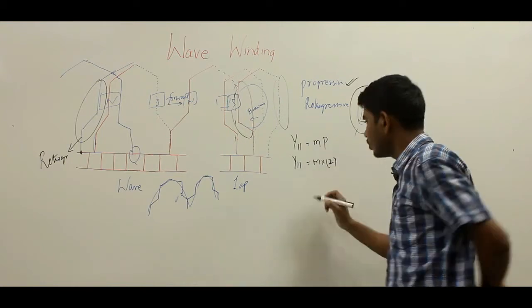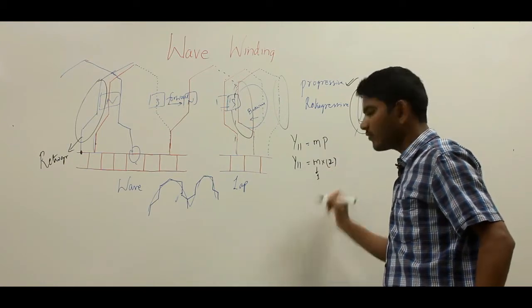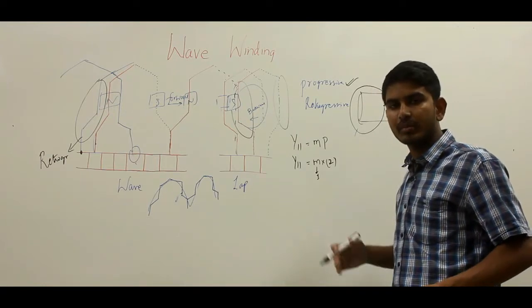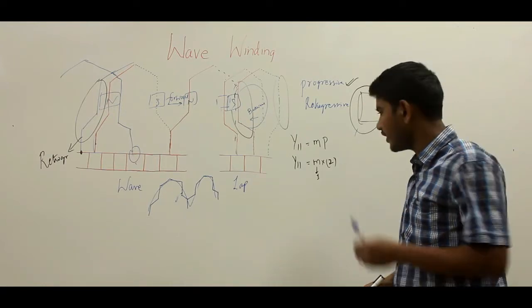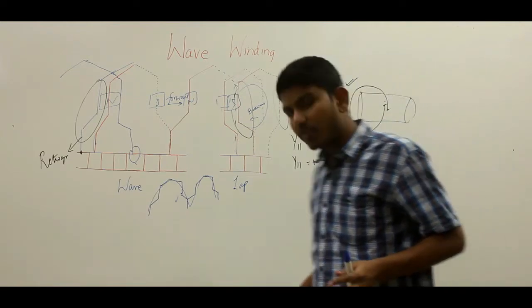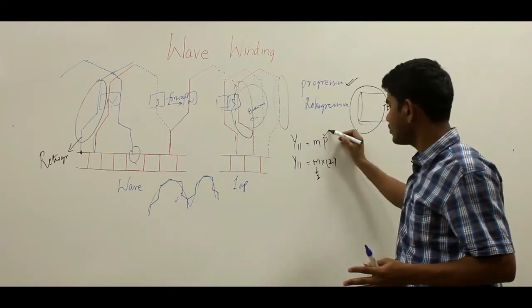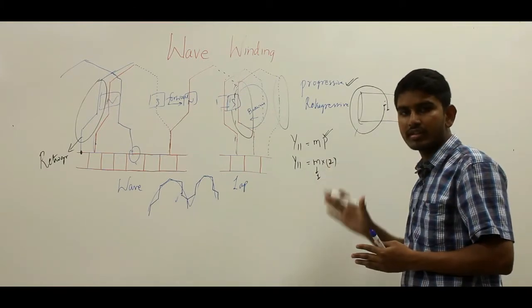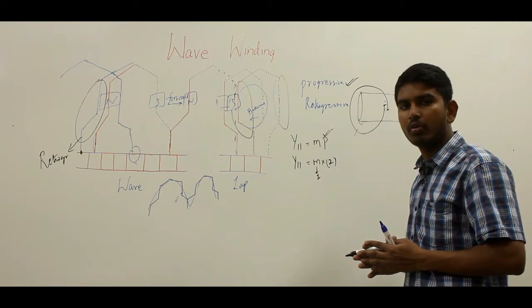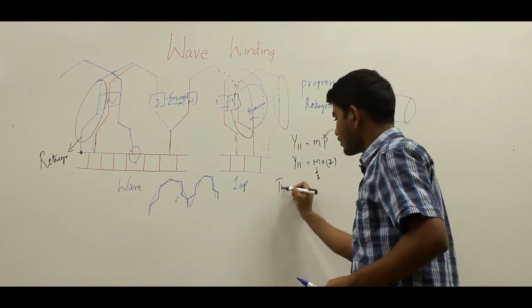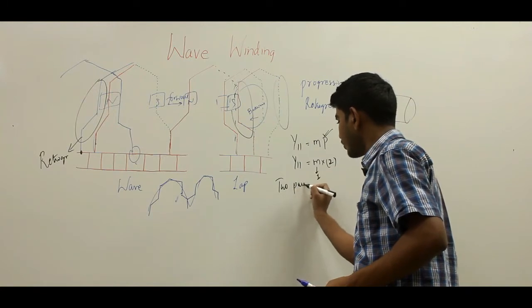So 2m, where m is equal to 1 for the simplex wave winding, it will be 2 for the duplex, 3 for the triplex, and 4 for the quadruplex windings. So you can see, irrespective of the number of poles, the parallel paths will be equal to 2m. So it is not dependent on the poles, and you can see for these two parallel paths, each parallel path